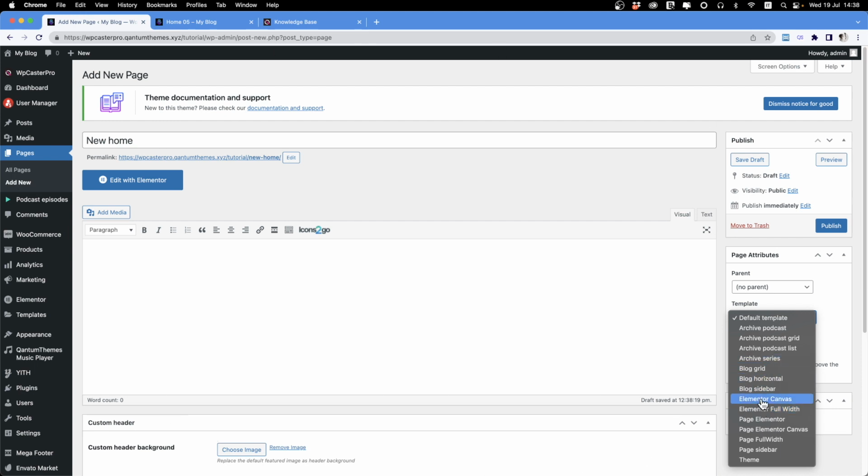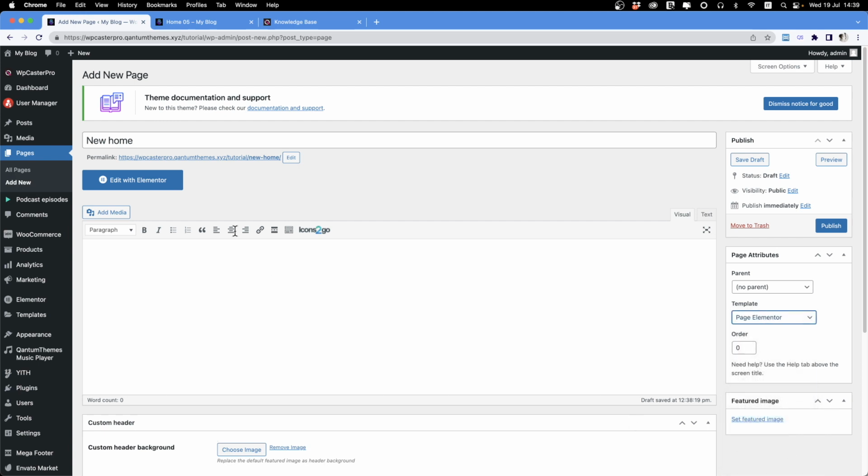They will skip the WpCasterPro theme completely, and instead they will use a blank page, so there is no header, footer, player or other parts of our theme, and we really suggest not using them. Instead, you can use Page Elementor or Page Elementor Canvas if you don't want header and footer, but the player will still work, as will all of the other custom widgets added by our theme. So let's use the Page Elementor template,